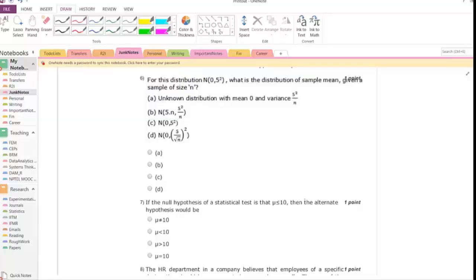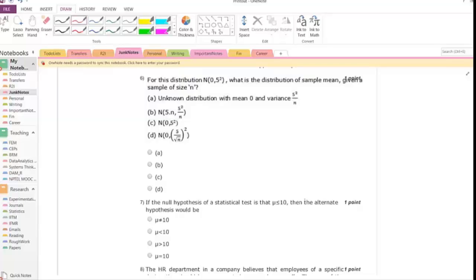We ask the question, what is the distribution of the sample mean given a sample size of n? And we've discussed this before in that the sample mean stays normally distributed. So you know that. You also know that the mean of the distribution of the sample mean is the same as the mean of the distribution of the data itself. So there's no new bias being introduced, so the mean should not change. And you also know that the standard deviation gets scaled down